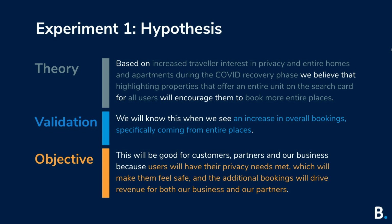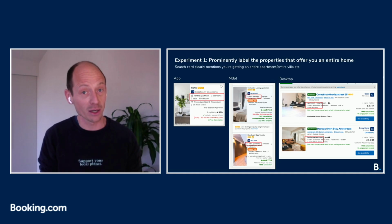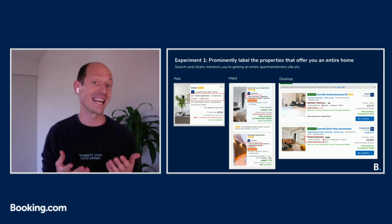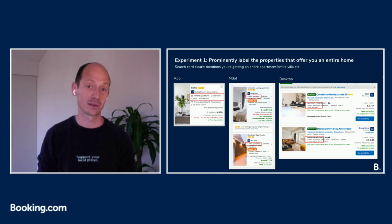We see an increased traveler interest in privacy and entire homes. We believe that highlighting properties of that type for all users will help them book those specific properties more often. Now, once we have defined a hypothesis like this, we've clearly defined what it is that we're testing and how we're going to test it, we can then go to implementation, where for all of these different platforms, you'll notice that the visual implementation of this idea is actually slightly different. In the app space, we use a different icon than in the desktop space. And that's because these are different products. But all of these implementations are still implementing exactly the same hypothesis, exactly the same idea, which is that if we surface this information to users, it will be useful for them and it will help them find these entire